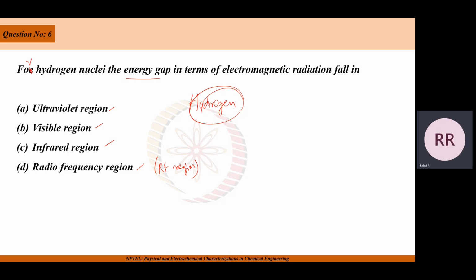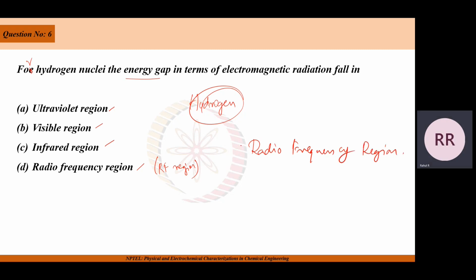Okay, so I think you guys got enough time to discuss the answer. So yeah, I'll read the question once again. For hydrogen nuclei, the energy gap in terms of electromagnetic radiation falls in what region? Is it ultraviolet, visible, infrared, or radio frequency region? The answer to this question is the radio frequency